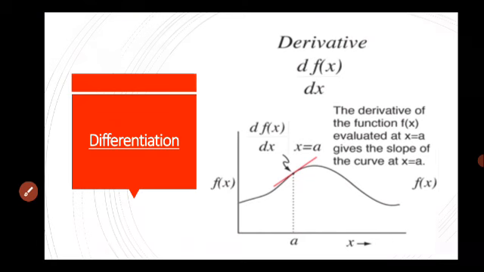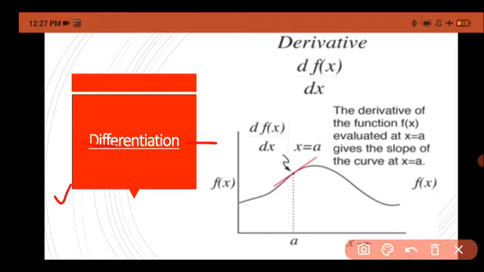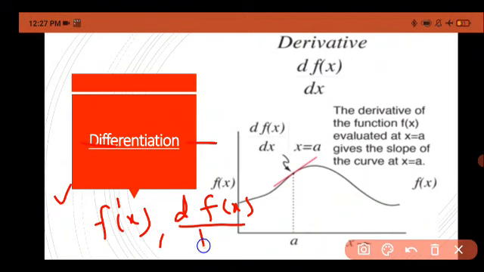Next, differentiation. So what is actually the differentiation or the derivative? Derivative or differentiation is written in three ways. Actually, suppose for a function f(x) we are finding the derivative. So simply we can write f dash x, or we can write d f(x) by dx. Another thing, if we are assuming simply y, so y dash also you can write for differentiation of y.